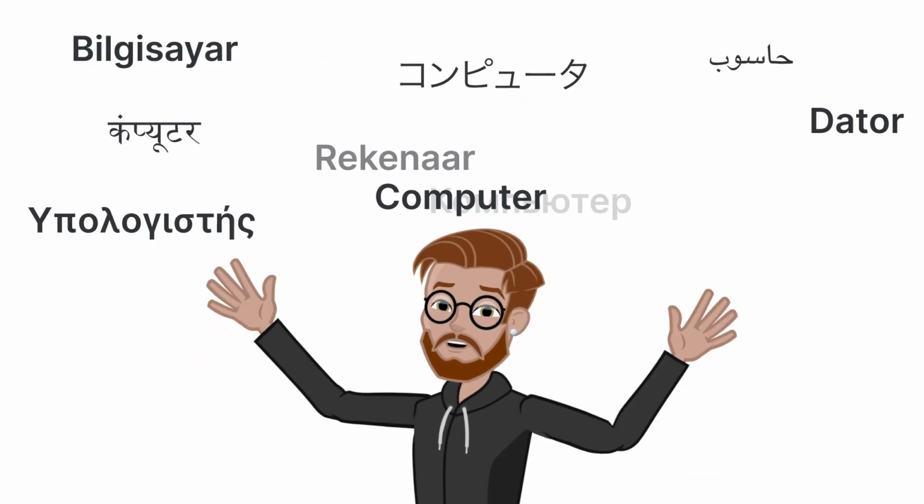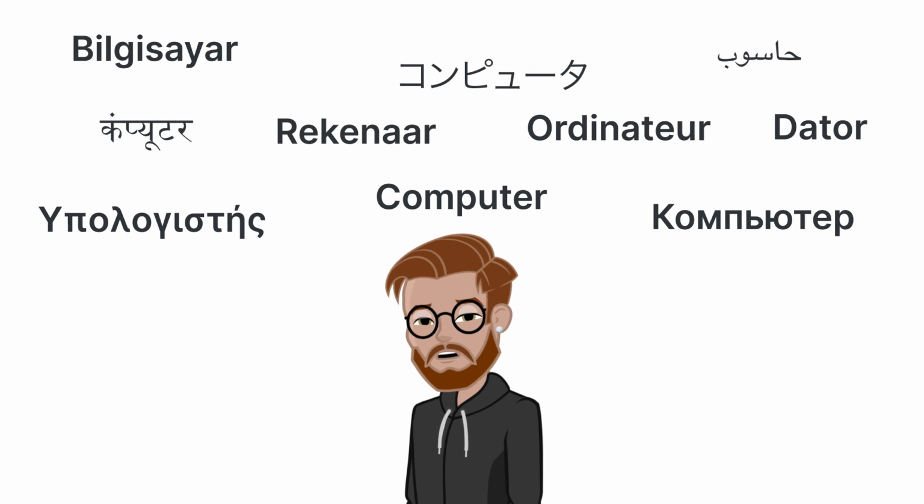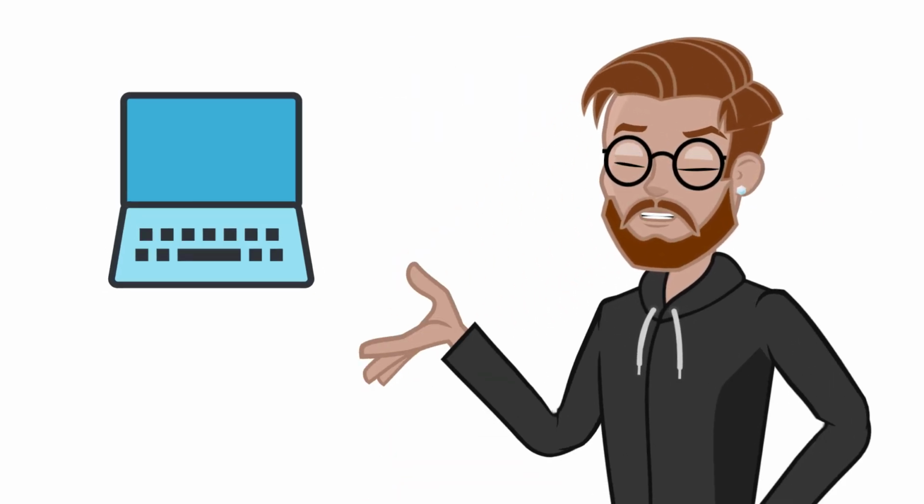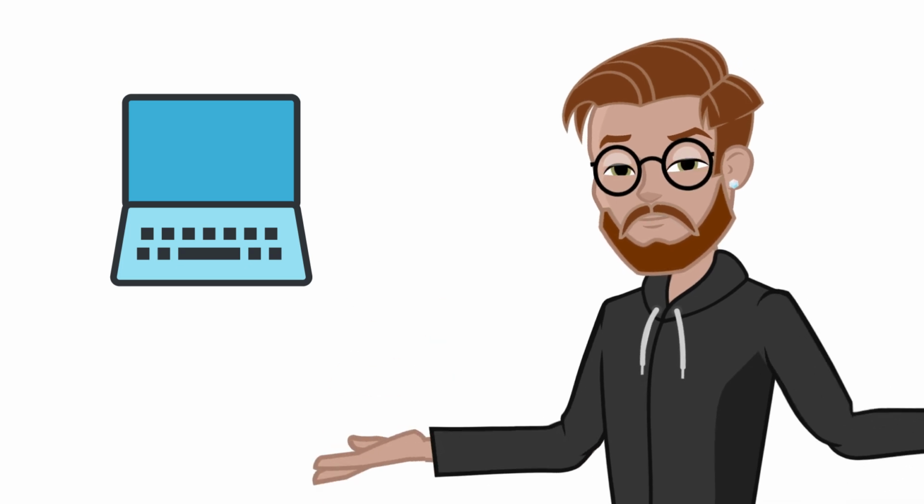The word computer, for instance, can be translated into hundreds of different languages, but only understood if you know that language. However, an image of a computer is instantly recognizable to anyone who has ever seen a computer. However, those visuals aren't good enough if we don't make sure everyone can see them correctly.